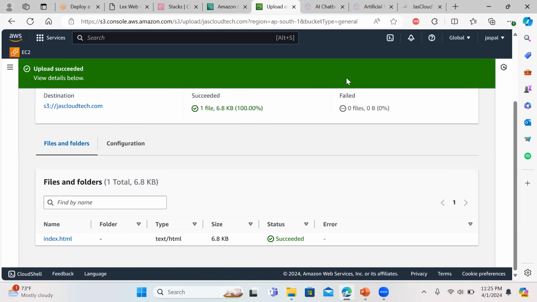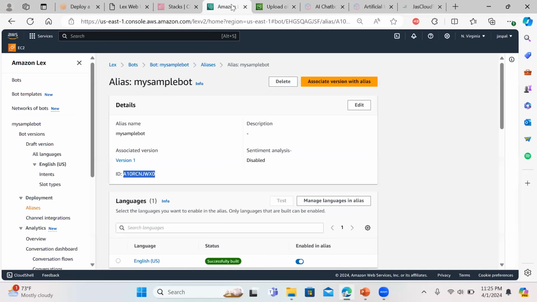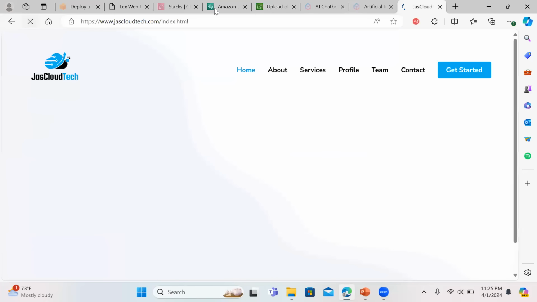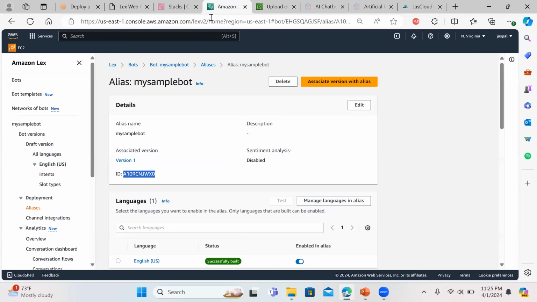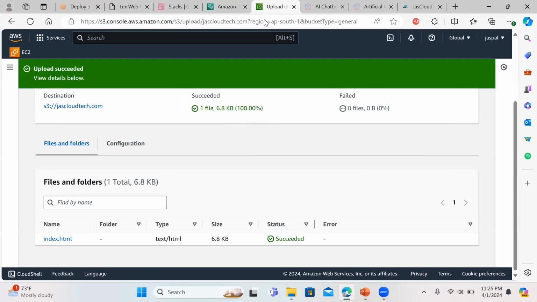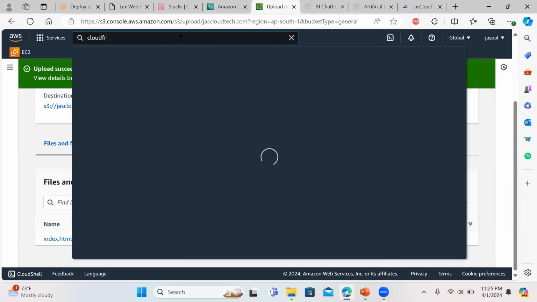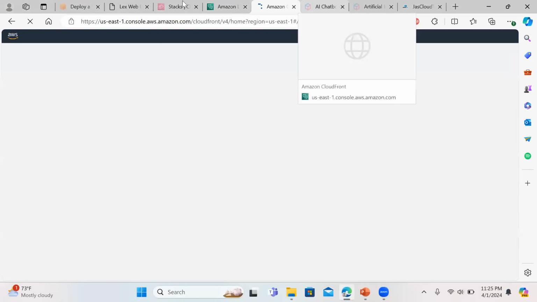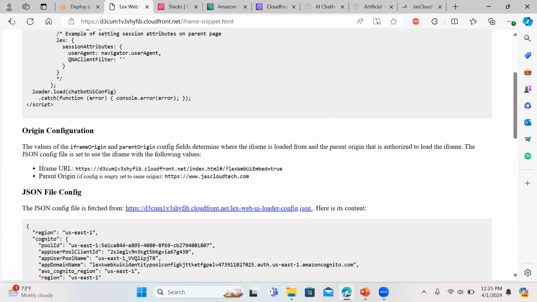Now this file has been uploaded, but I think the chatbot will not be reflected on my website because I need to invalidate the CloudFront cache. So I will just go to the CloudFront. Click on that. In the meantime, if you see over here, if I go back and if I